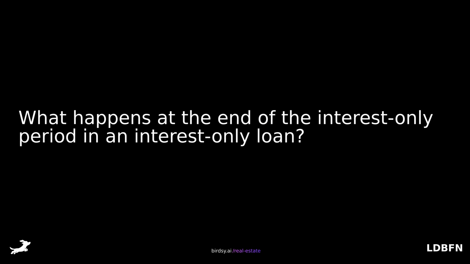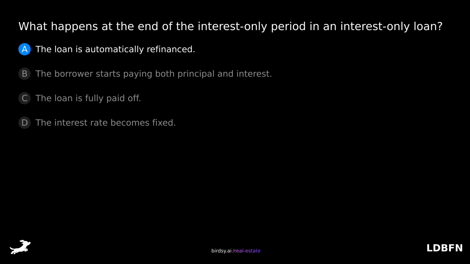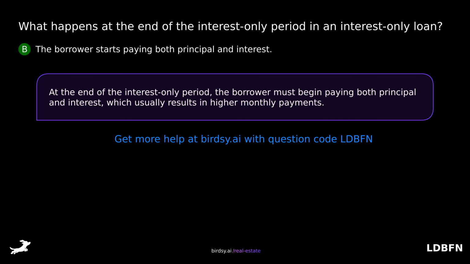What happens at the end of the interest-only period in an interest-only loan? Is it A, the loan is automatically refinanced, B, the borrower starts paying both principal and interest, C, the loan is fully paid off, or D, the interest rate becomes fixed? The answer is B, the borrower starts paying both principal and interest. At the end of the interest-only period, the borrower must begin paying both principal and interest, which usually results in